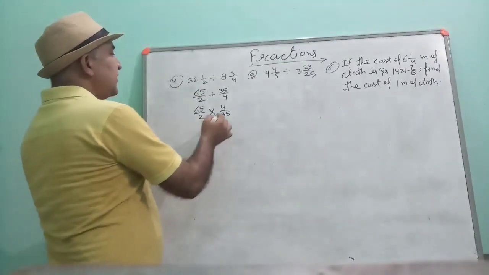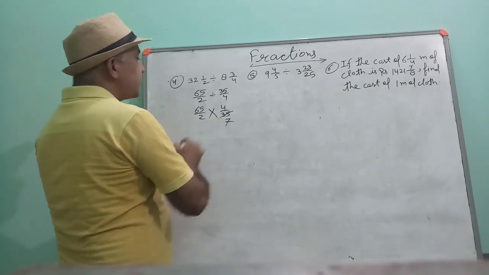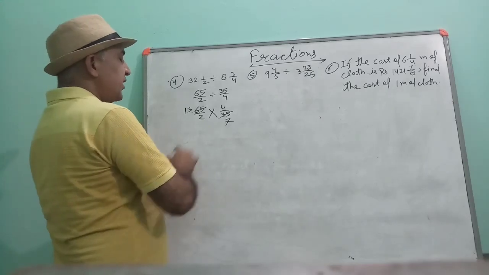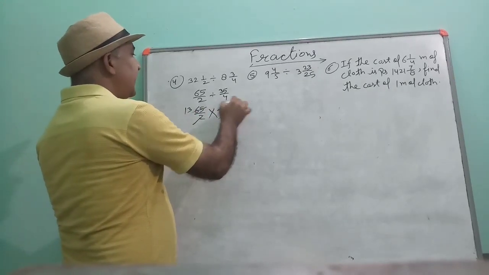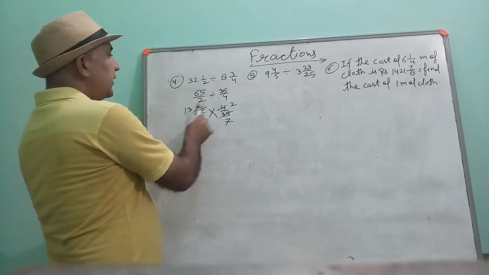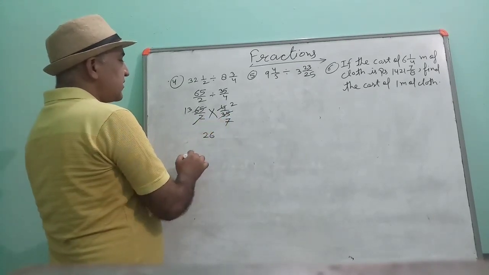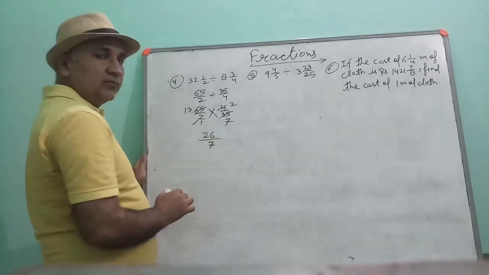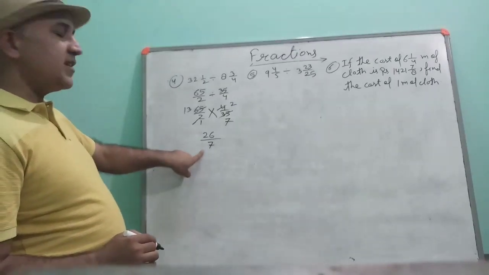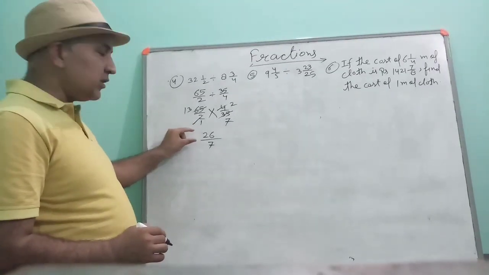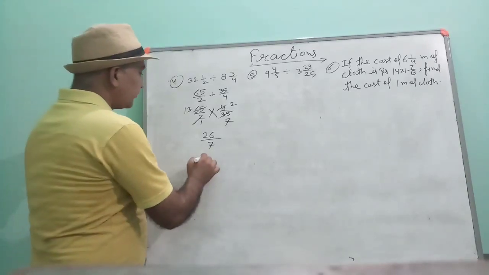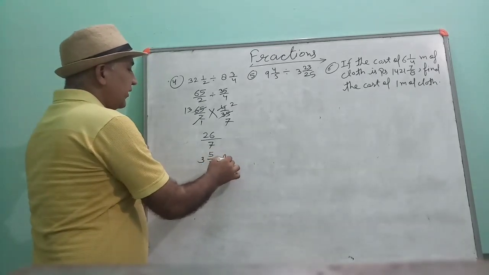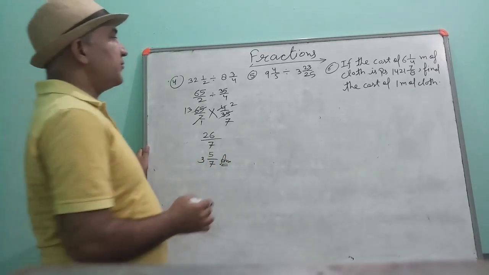Okay? Now see. 5 can divide 35 by 7 times and 5 can divide 65 also by 13 times. This 2 can divide 4 by 2 times. You can see that in the numerator 13 into 2, 26 is there. In the denominator 1 into 7. 1 into 7 is 7. After division you are getting 26 by 7. This is improper fraction, so change it into mixed fraction. 7 into 3, 21. 5 is the remainder. Understood? Now see the fifth question.